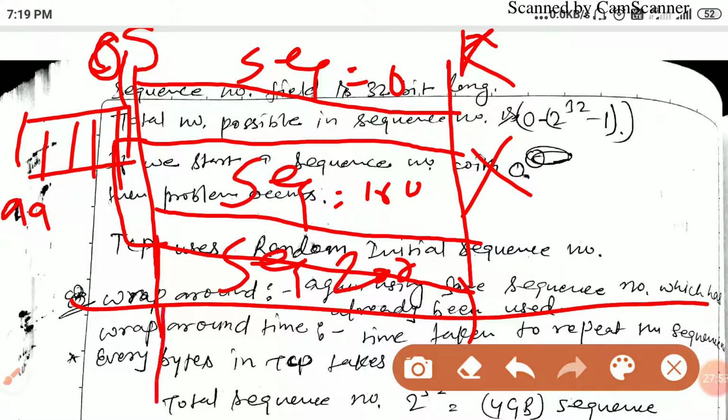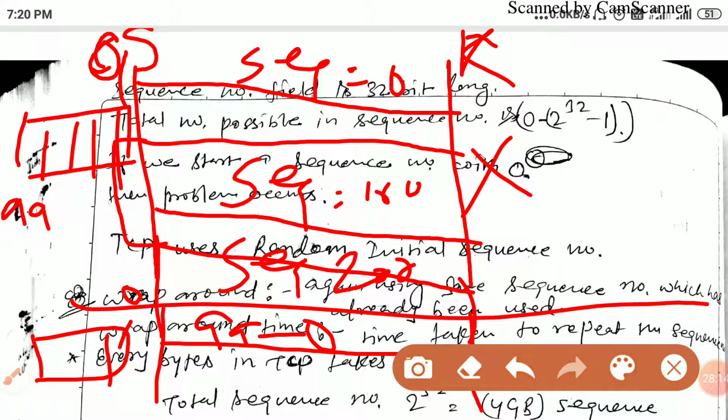Now once again they start communication, and again they start with sequence number 0. They send the first packet with range 0 to 99, and the second packet with sequence number 100 to 199.